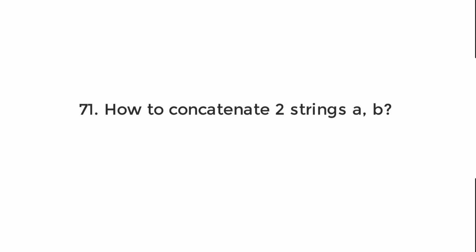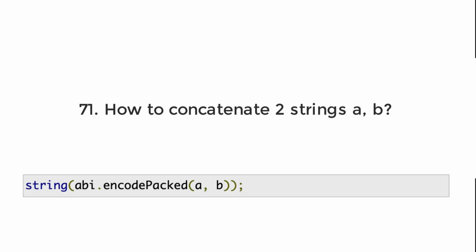How to concatenate two strings in Solidity? First, you need to use the abi.encodePacked function and pass it the two strings that you want to concatenate. This will produce a variable of type bytes. And then all you need to do is to use the string operator to cast these bytes into a string. You will find some other tutorials with more complex methods, but what I'm showing you here is really the most simple way to do it.